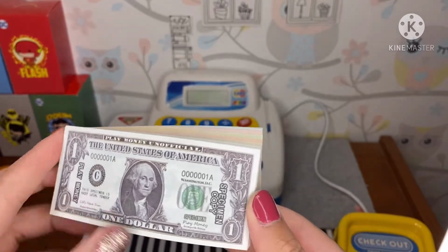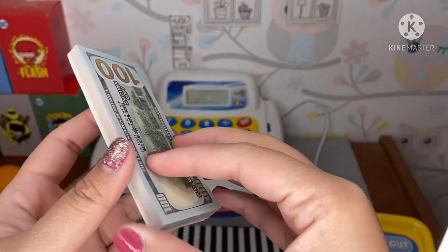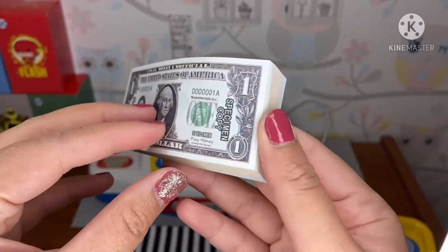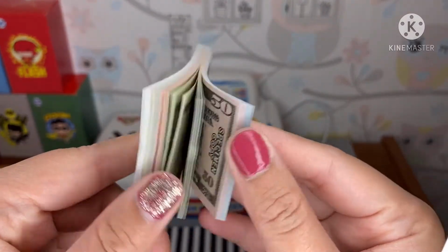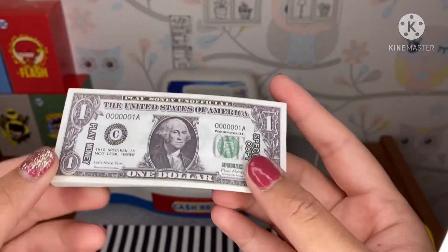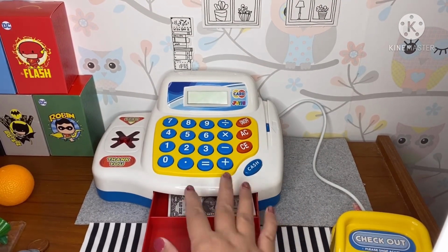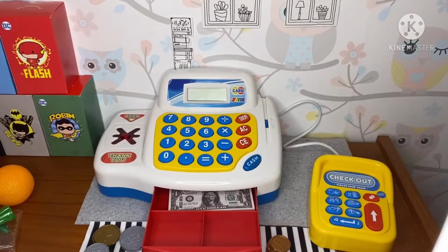So for the banknotes, you have from $1 to $100, and what I like about this is they're printed front and back, and it's really realistic, you see. And you get 12 each, so 12 $1 to 12 $100, so that is a lot. But let's see if we can put it here. It's just the perfect size for the till, and then some coins. So you get a lot of